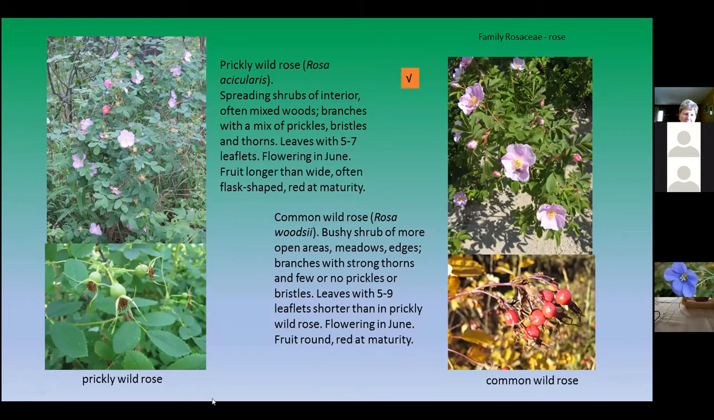Both have these pinnate leaves again with these paired leaflets, but they're larger and fewer in the prickly wild rose than in the common wild rose, which has more numerous smaller leaflets. If you happen to see the fruits developing, the hips, that is a helpful character because they're more flask-shaped with this constriction just below the flower in the prickly wild rose, and they're much more round and smaller in the